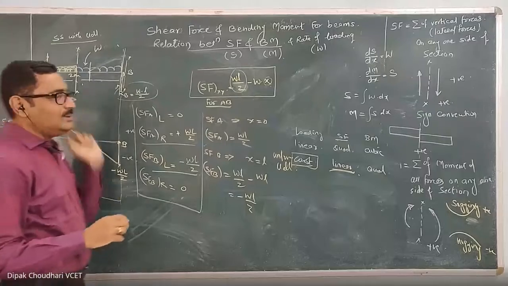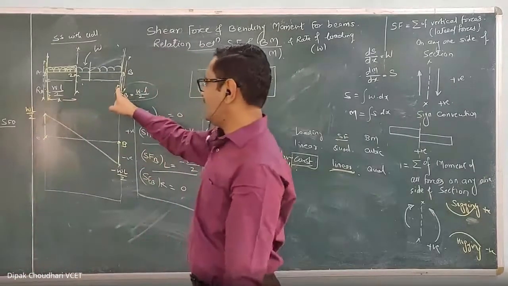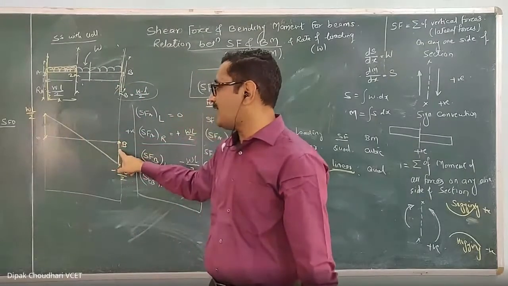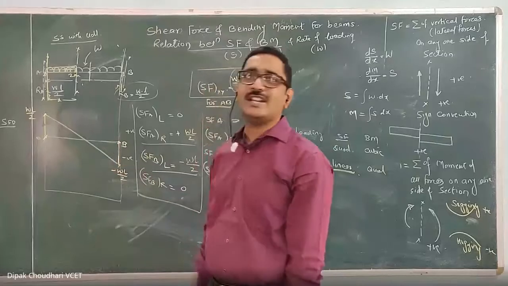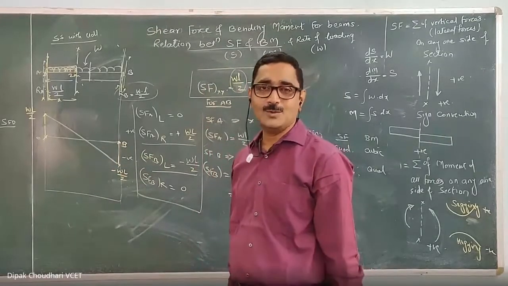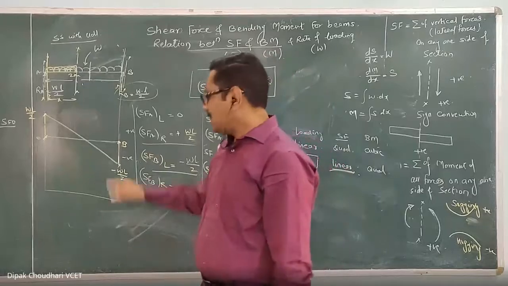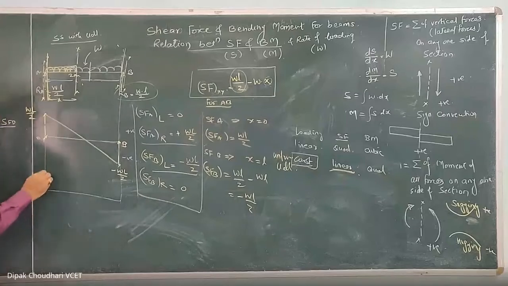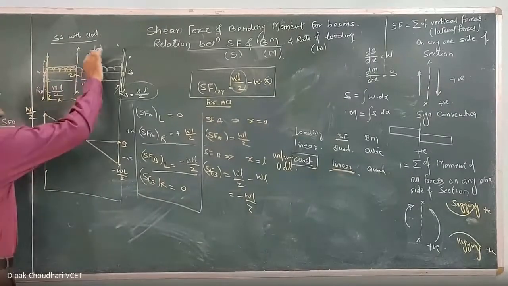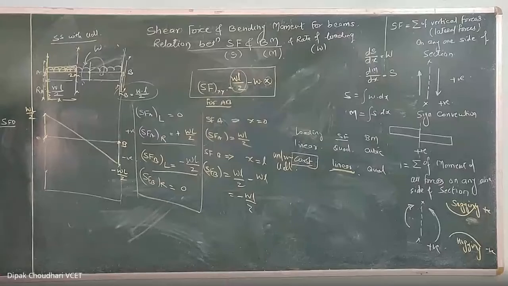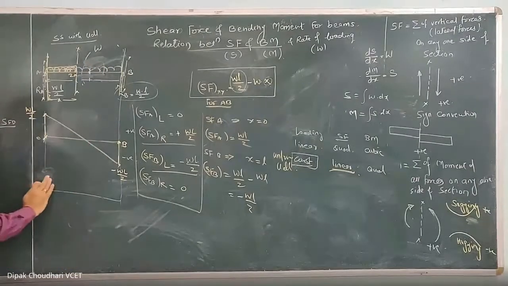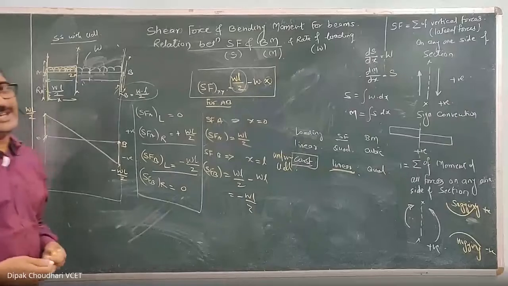Now, next, remember, whenever there is a point load in the loading diagram, there is a sudden change in the shear force values, and at that point there will be a vertical straight line in the shear force diagram. Okay, but it doesn't happen in the bending moment diagram. Bending moment में ऐसा vertical straight line या sudden change in the bending moment कब आता है? Whenever there is a moment in the loading diagram, whenever there is a couple in the loading diagram. But here there is no couple in the loading diagram, so bending moment will not change suddenly. There will be a gradual variation in the bending moment.